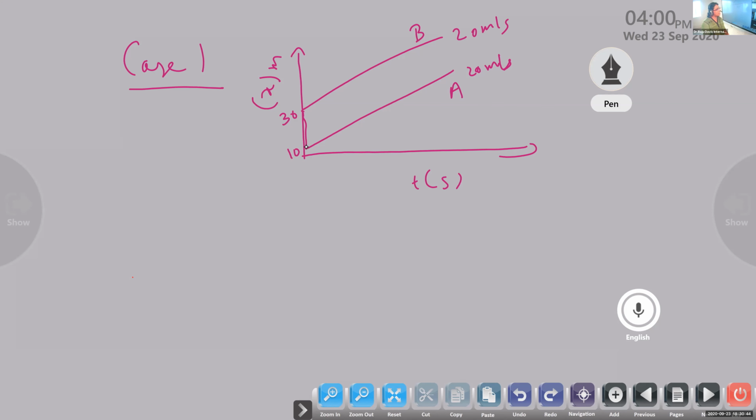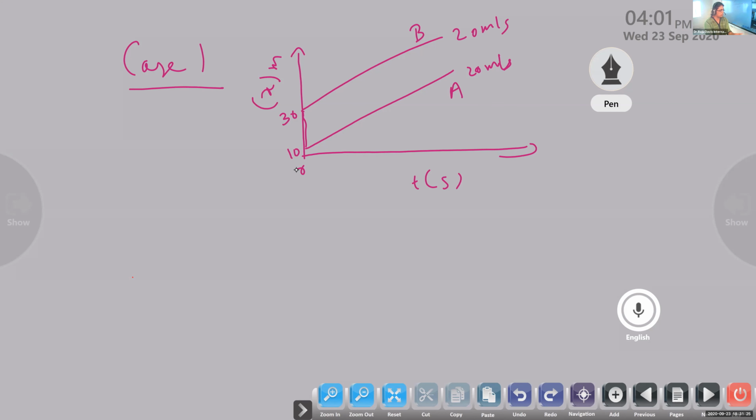Are you getting it? In 1 second, bus A covers 20 meters and bus B also covers 20 meters in 1 second. That's it. Clear? In this graph, it is not showing where the bus started, the origin at 0. Somewhere halfway, they are moving in the same direction on the same path. Just think, there are two roads, one bus coming from Kodungalur and another coming from Mala, both moving in the same direction on the same path.